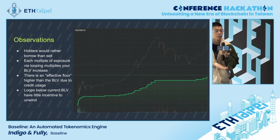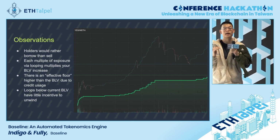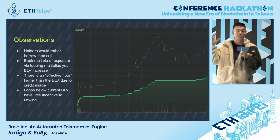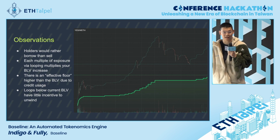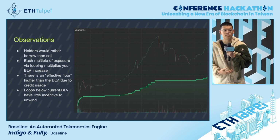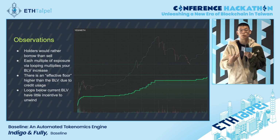When that green line goes up, you can actually borrow more ETH for no extra collateral. So when we launched, someone put in a couple yes tokens, and then they waited maybe an hour or two later, and they asked me, hey, Fully, is there a bug? I'm pulling ETH out of the system, but I didn't buy more yes. And the answer is no, there's no bug. Actually, the system is working as intended. What's happening is that your guaranteed value of the token is increasing, and the system is able to provision more